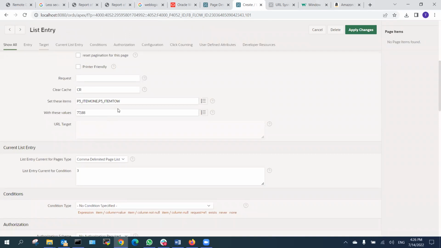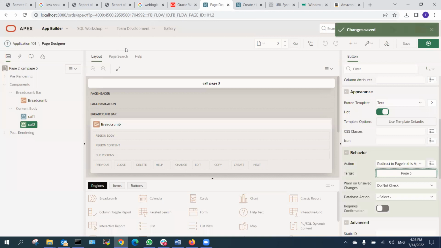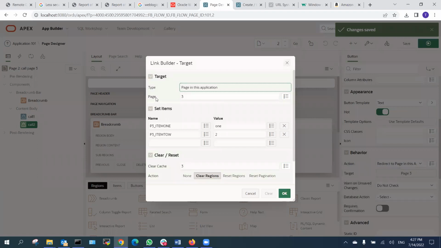The set these items. What is the meaning? What is the use? It's the same as you can use it from here. Okay. You can fill this. So these values. Understand. I mean, you can call the page whatever by column, and this column is called a page in my